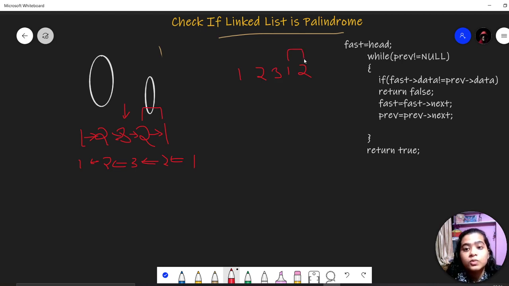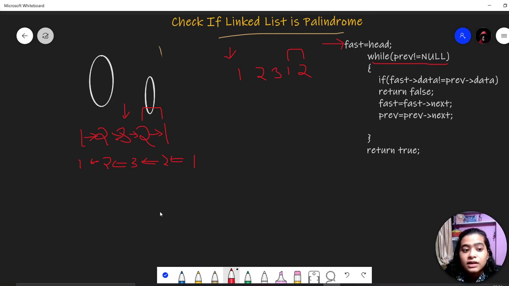After reversing these two, we will make the fast pointer point to head. We are taking fast and slow pointer for the mid, right? So we will take the fast pointer to head. Then while previous is not equal to null, as per the function of reversing a linked list, the previous pointer will point to the head.